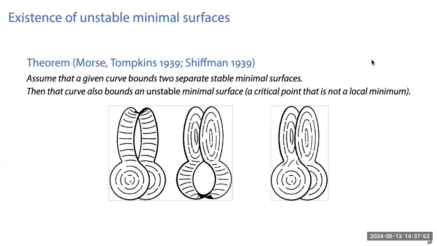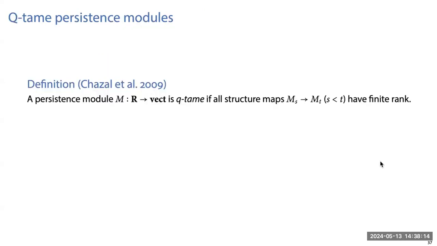So this is intuitively, if you have two local minima of a function, then there must be a saddle connecting the two minima. And this is happening in a very high dimensional function space here, where the minima are actually the minimal surfaces. So this is the theorem that people wanted to show, and to develop machinery for this, the